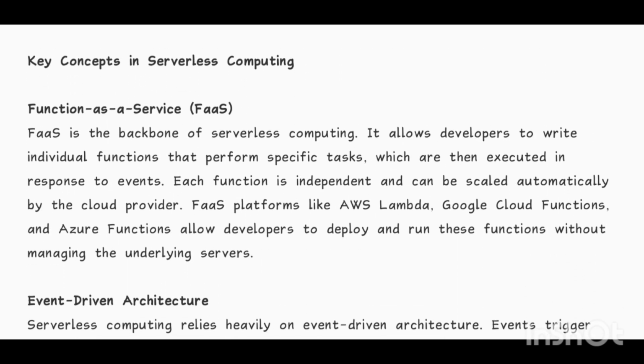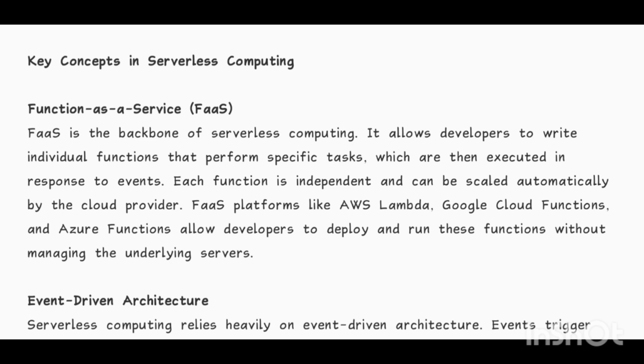Key concepts in serverless computing. Function as a service. FaaS is the backbone of serverless computing. It allows developers to write individual functions that perform specific tasks, which are then executed in response to events. Each function is independent and can be scaled automatically by the cloud provider. FaaS platforms like AWS Lambda, Google Cloud Functions, and Azure Functions allow developers to deploy and run these functions without